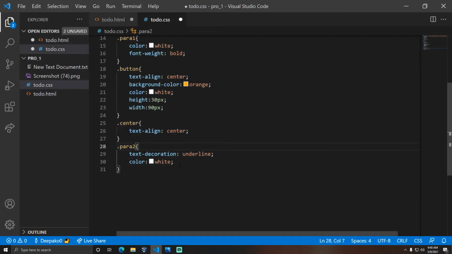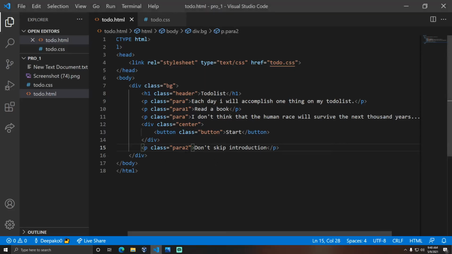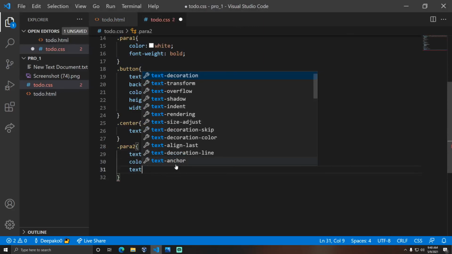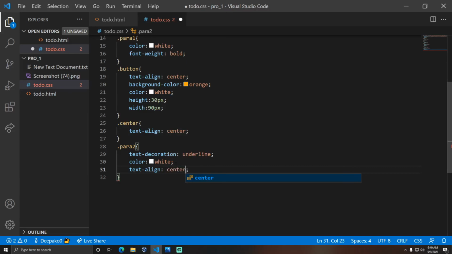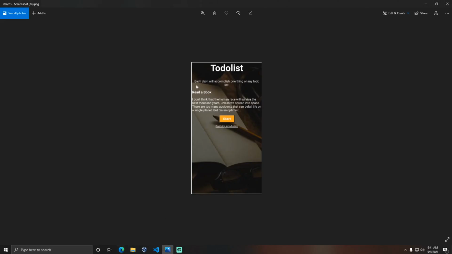If you make these small types of mistakes, you need to find where the mistake has been made. In order to centerize this text alone, it can move by directly saying text align center, but the button can't move alone by itself, because the button positioning will be done in a different way. See, this is how we achieved this design.